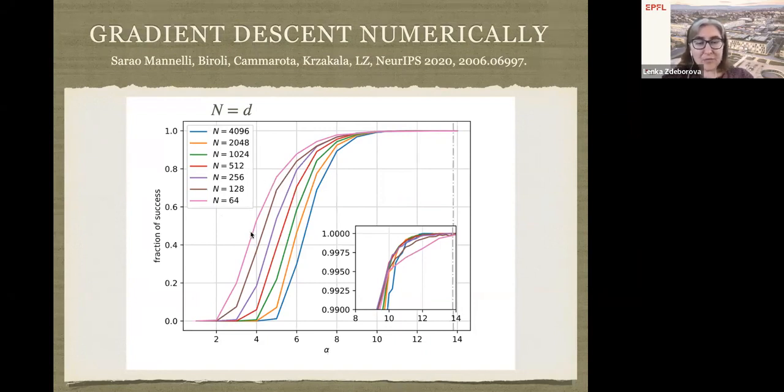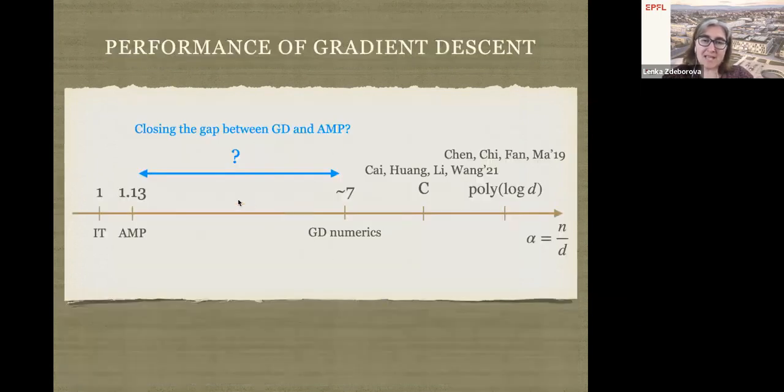We see that as the system is getting bigger, the performance is getting a bit worse. It's maybe shifting. These sizes are always multiples of 2. So this could be a logarithmic shift to a larger alpha, or maybe saturate somewhere, but definitely at alpha 6, it's not working for large enough systems. Okay. So if we put it back into this axis, maybe the numerics starts working at 7, maybe it needs to grow as a logarithm.